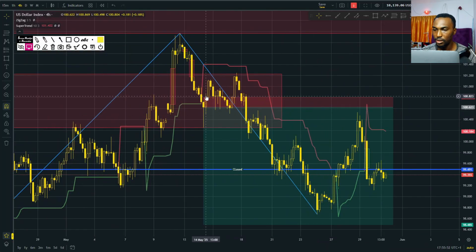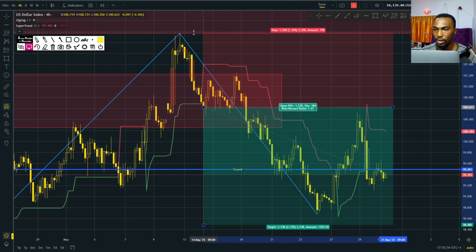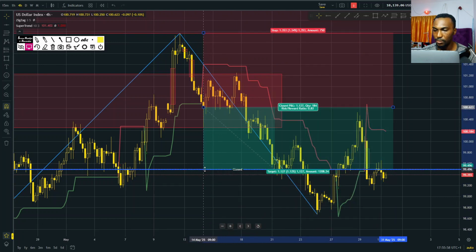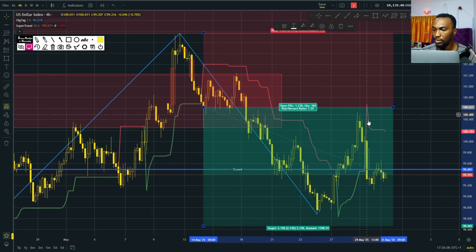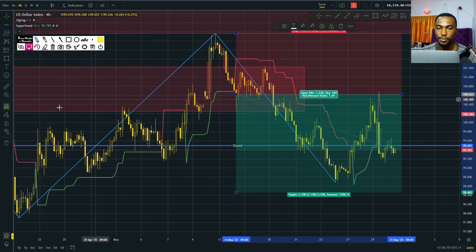That would be about 50% of the risk to reward ratio. You see, that's roughly almost 50%. I would have been stopped out of this trade already. While some people will still be in a little bit, we would have the drawdown, had a profit again. I won't sit down for that roller coaster.